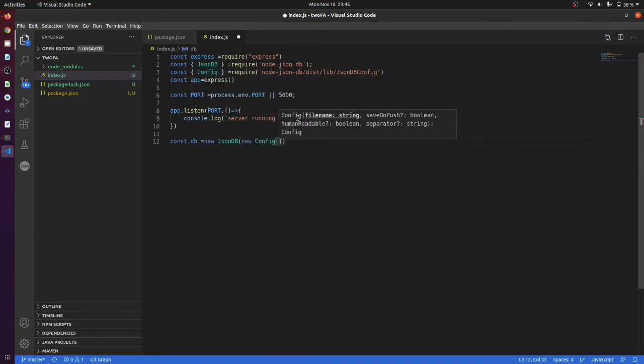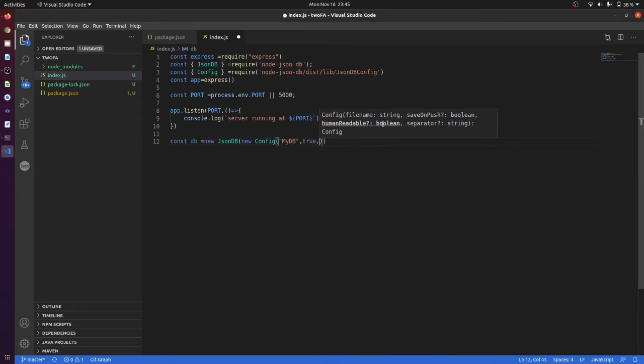You can see that it is asking for a file name, save on push, human readable, separator. So we want to give a name, we can give a name like mydb. And after that, yes, I want to save the application on push,